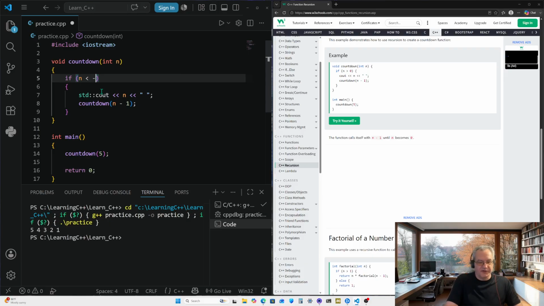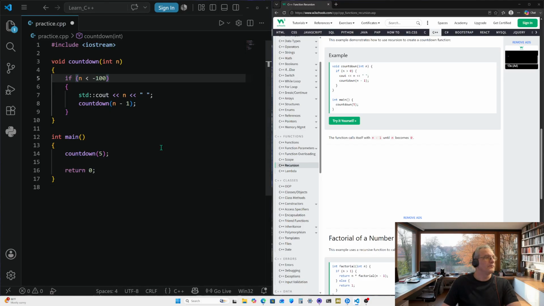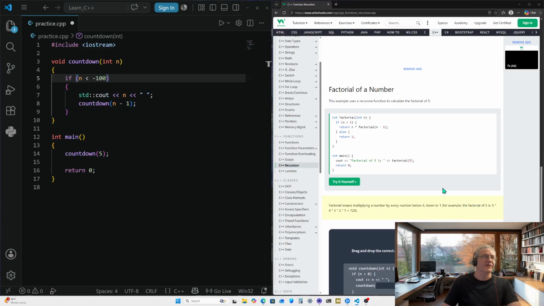But if you put like negative 100 in there, then this is going to run forever until it reaches negative 100. I mean, you're going to have that countdown going for a long time right there, which means the processor is going to be doing a lot of stuff to continuously output, rerun this program, output, rerun, and yeah, it's going to last for a long time. So we're not going to save that and run that, but yeah, it's kind of an example of overtaxing the processor and filling up the memory and possibly having issues depending on how good your processor is or how much capacity